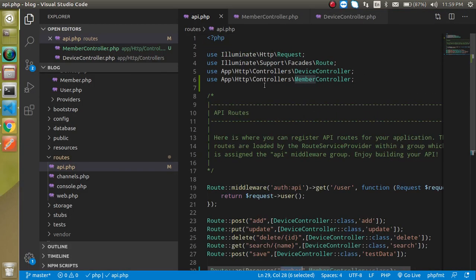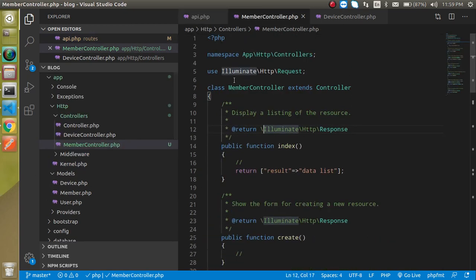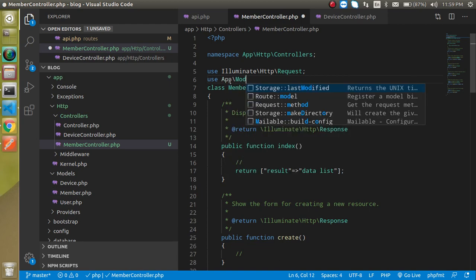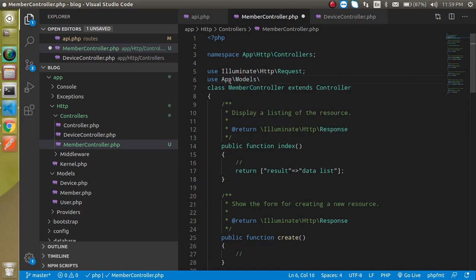Now let's import this model inside the MemberController: use App\Models\Member, basically Member, not Members.